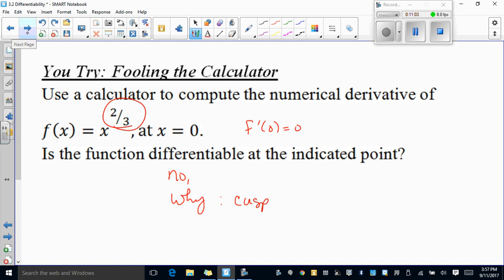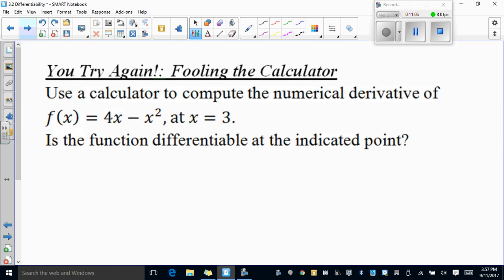Okay, let's try another one. Use your calculator to compute the numerical values on this one. Is the function differentiable? By the way, this one is going to give us f prime at 3 equal to negative 2. Let's see, 4 minus 6, yeah, negative 2. Is the function differentiable? Yes, it is. It's a polynomial,